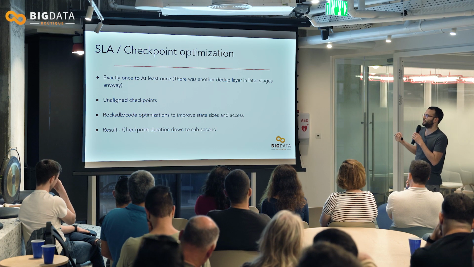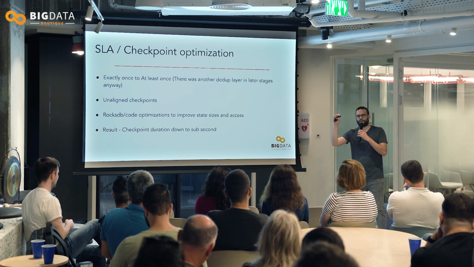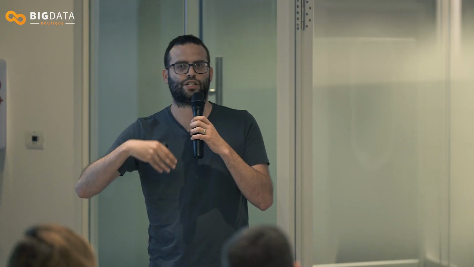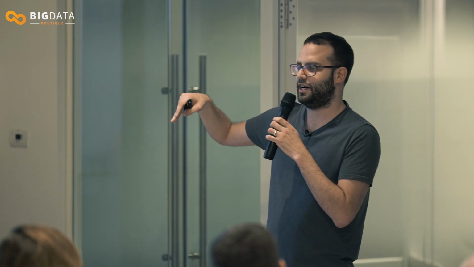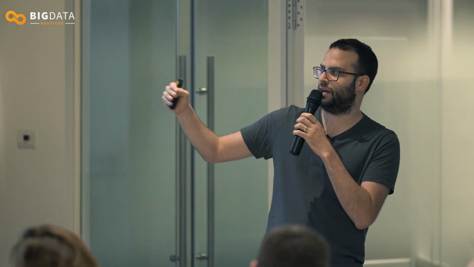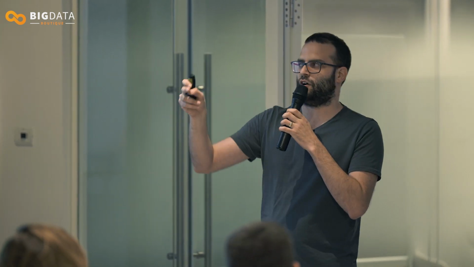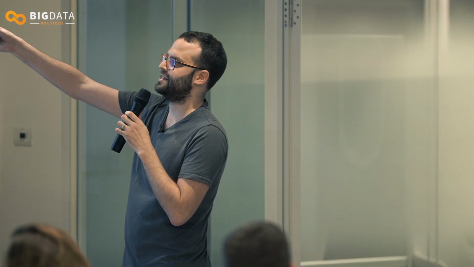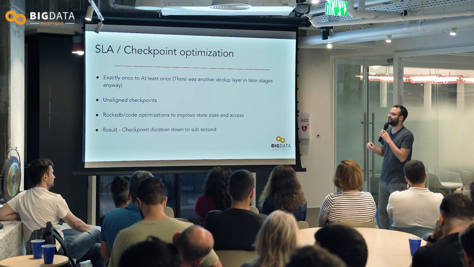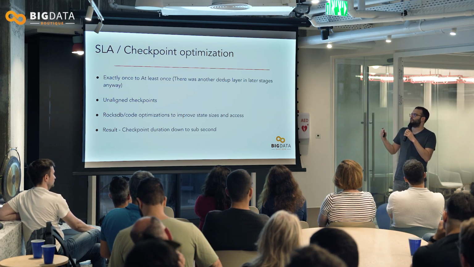So the decision to go to at least once means that we don't have to go through the Kafka transaction process, where a transaction is initiated by the internal producer of the Kafka sink, and then every message we process at the sink, eventually there's a checkpoint, and as part of the checkpoint process, the Flink producer will commit the transaction to Kafka. That has the weight of a two-step checkpointing, right? That's how Flink can achieve exactly once, but the overhead was just huge. We had issues with Kafka transactions just exploding, or other problems that were not worth it at